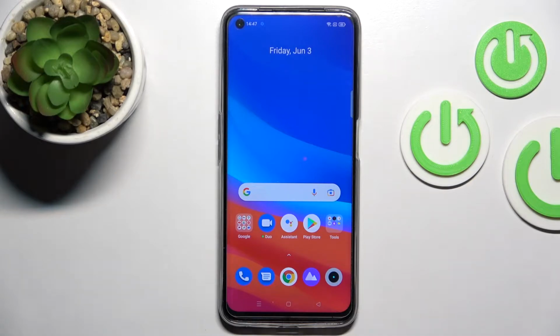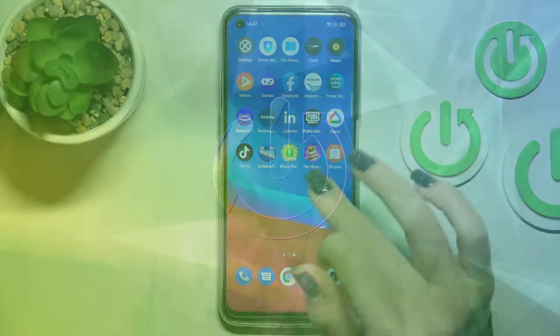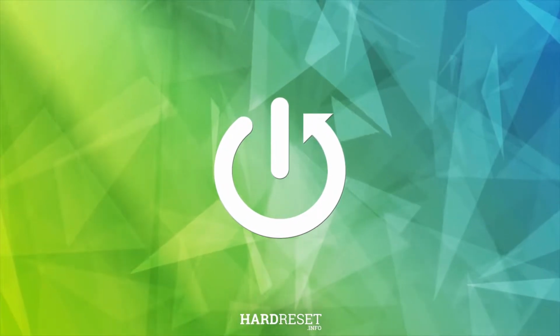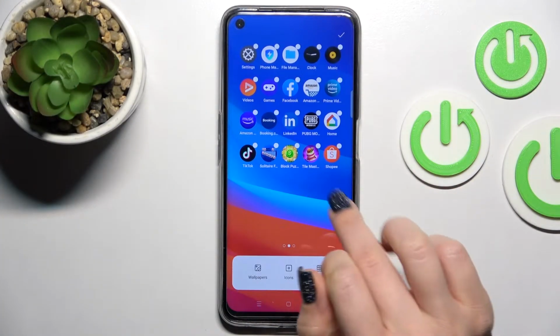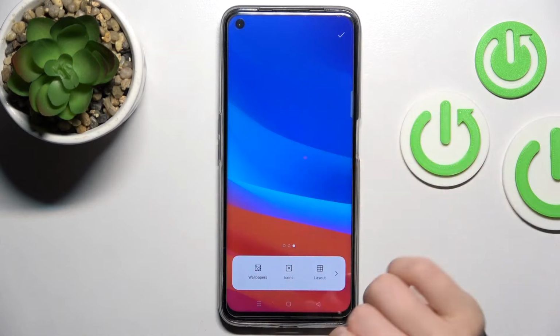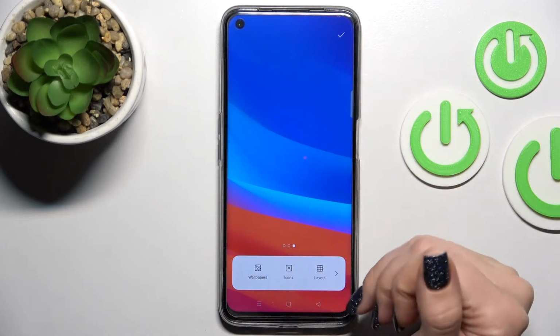Welcome to the Realme Narzo 50 in front of me, and I'll show you how to add and remove home screen widgets on this device. So first you should select where you want to add the widget. For example, I'll go with the new one to have a little bit more space to show you how you